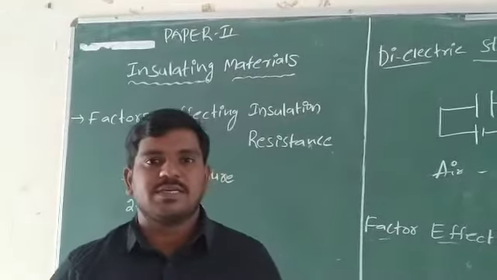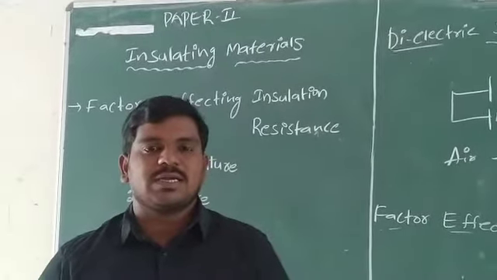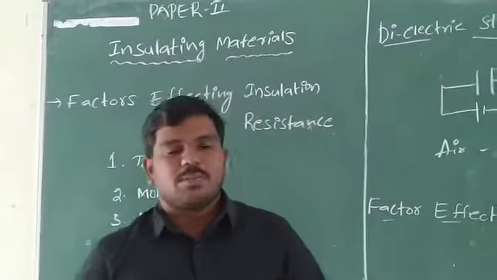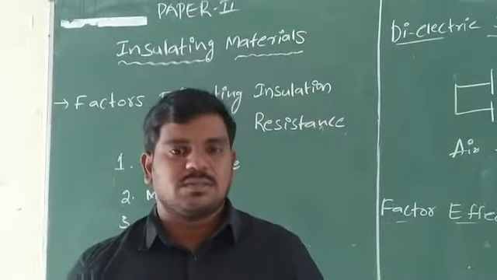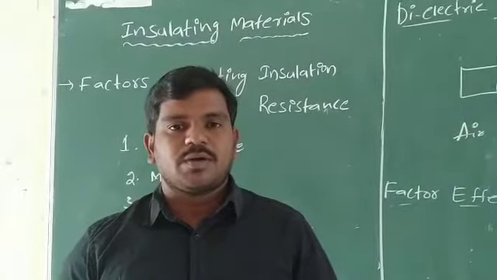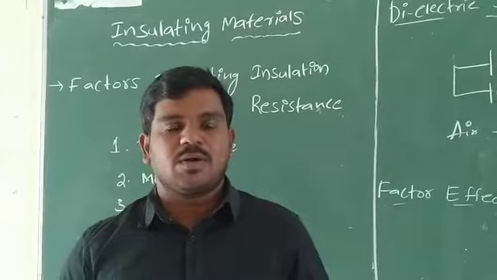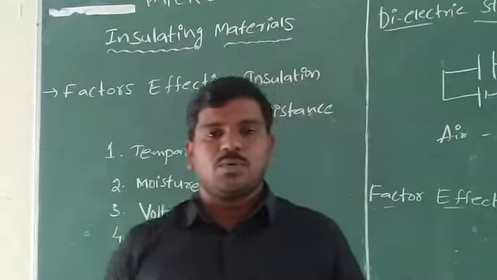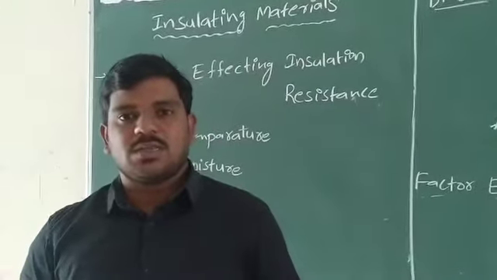Morning everyone, we are discussing ET first year paper 2, that is electrical engineering materials. In the last class we discussed various properties of various materials like iron, silicon steel, cobalt, and the various applications we have seen. Then we got the introduction about the insulating materials, in which we saw what is breakdown, what is conduction, all these things are over.